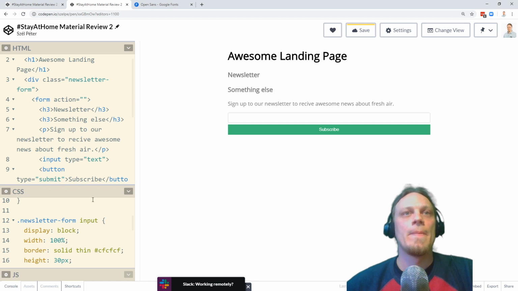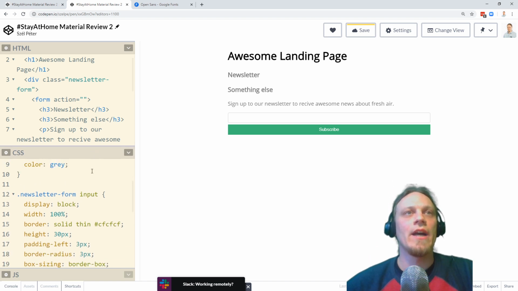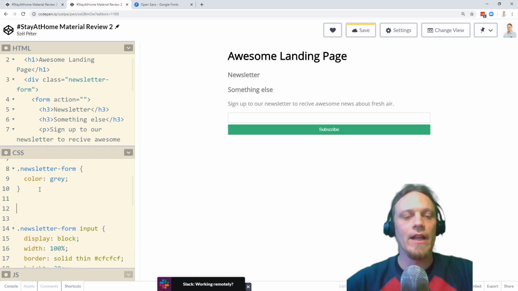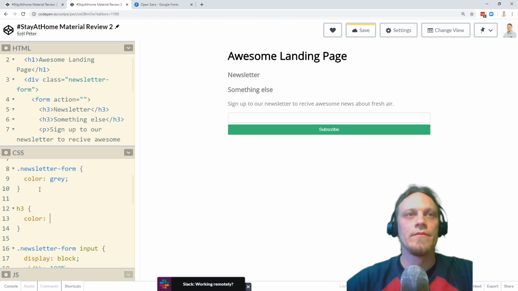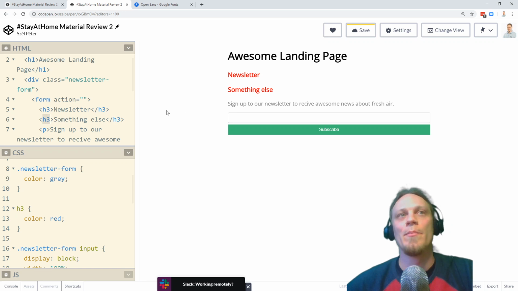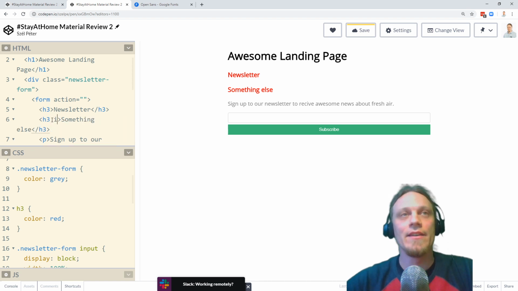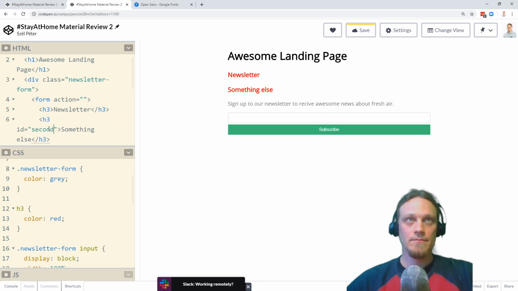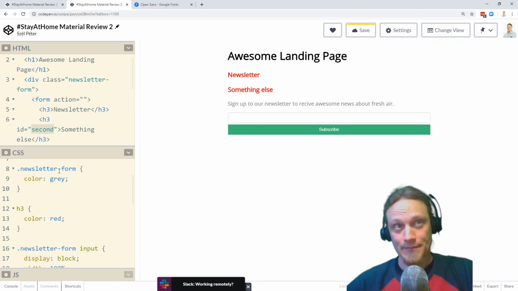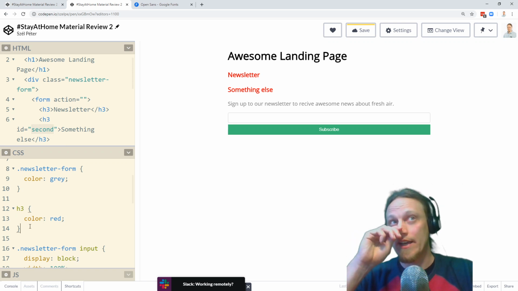If I specify the color of the H3 tags, saying color red, then both H3 tags become red. But if I set an ID for the H3 tag, for example, ID second, and I want to select the second,